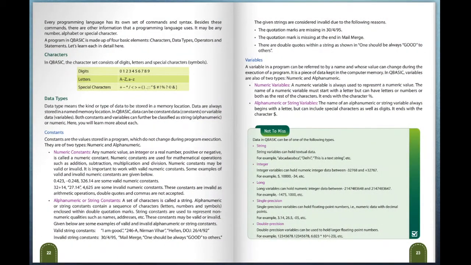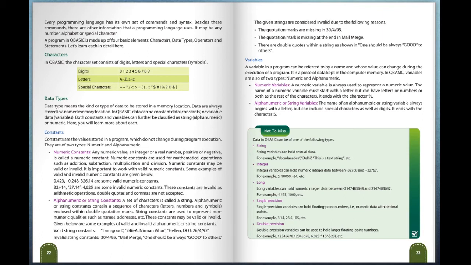Every programming language has its own set of commands and syntax. Besides these commands, there is some other information that the programming language uses. It may be any number, alphabet or a special character. A program in QBasic is made up of 4 basic elements: characters, data types, operators, and statements. Let's learn each in detail.